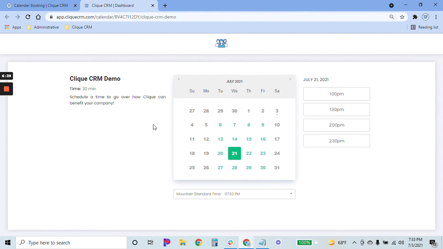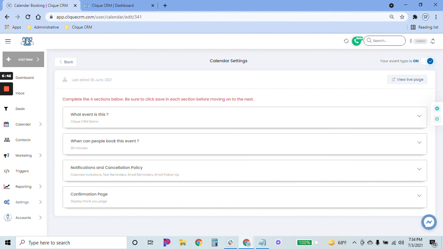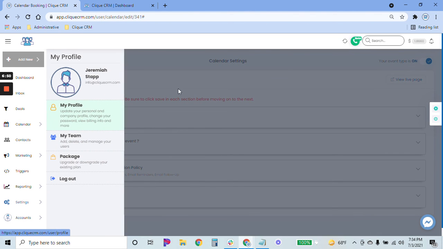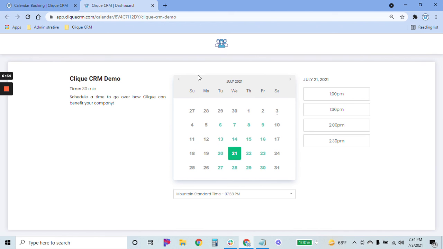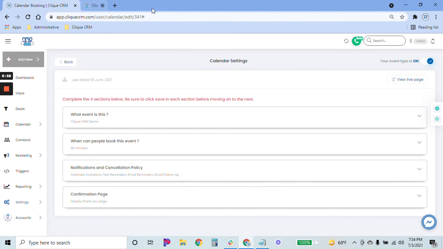This is the actual URL they will view. And as you can see, there's the logo you set for the CRM. That's this right here. So if you go down to accounts and you go into my profile, that's where you change this logo and therefore this logo that appears. And it looks amazing on mobile as well. So let's exit out of that. We'll go back